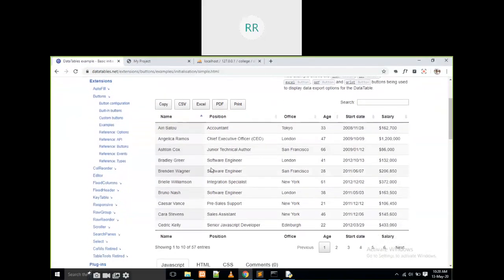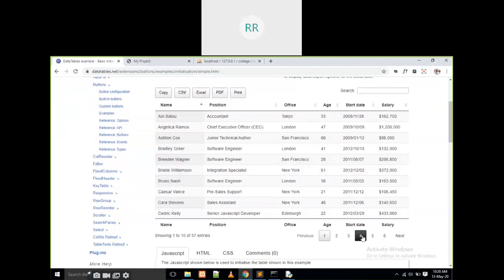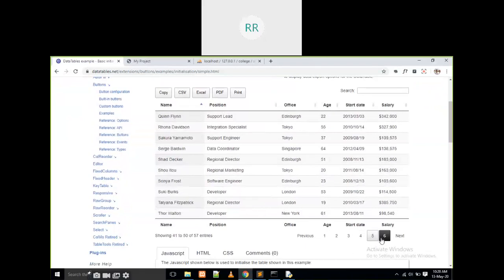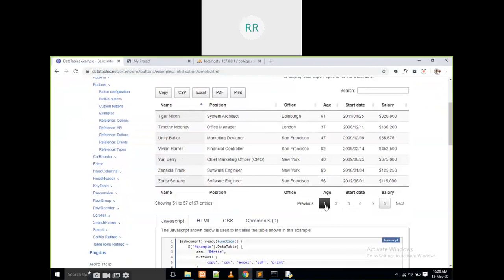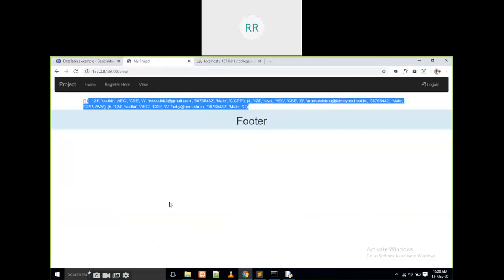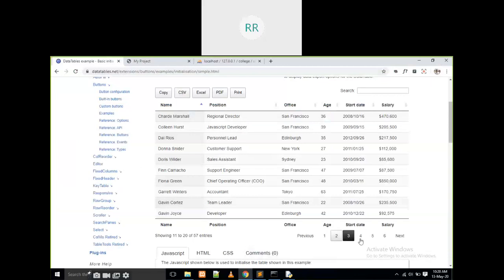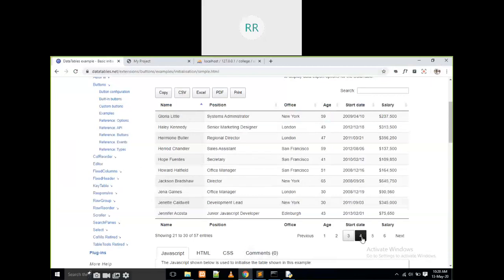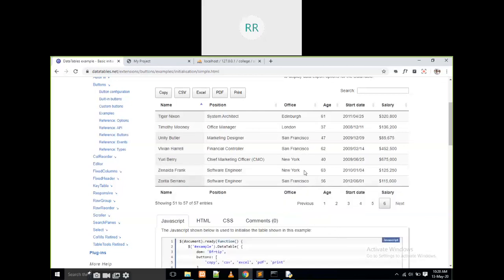The data is going to be like this. That means, for example, there are thousands of records. We have to write some pagination here. If you write normally in our code, say 100 rows are there, they will be going down like this in the page. But I want to write it like this. This is called pagination. That means it contains 10 records each time, and page 1, page 2, like this.